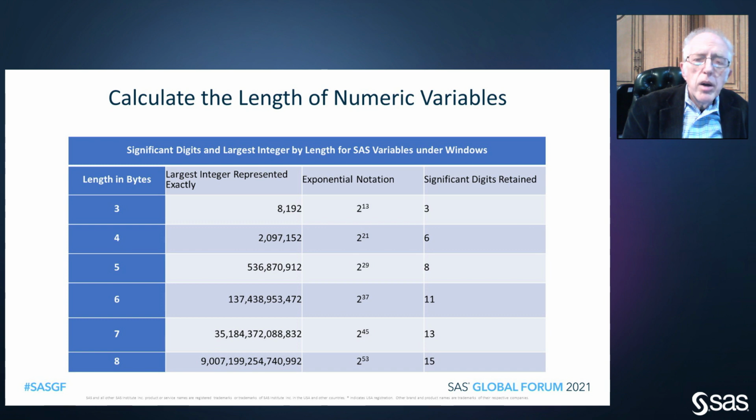Here's what I mentioned earlier about computing the length of numeric variables. So you can see, for example, if your largest integer has an absolute value less than or equal to 8192, then you only need a length of 3. Likewise, the example I gave earlier, if you have a character variable that's all numeric, that goes up to 6 bytes, that won't get higher than 1,000,000, you'll only need a length of 4. So there's some real savings as you reduce the size of your numeric variables, and even going back and forth between character and numeric.